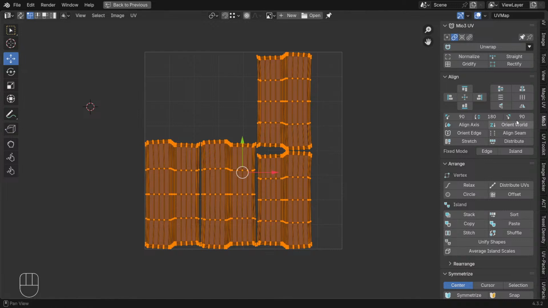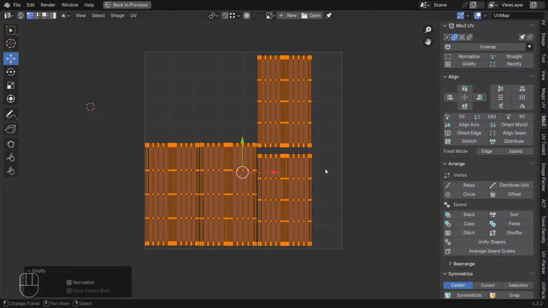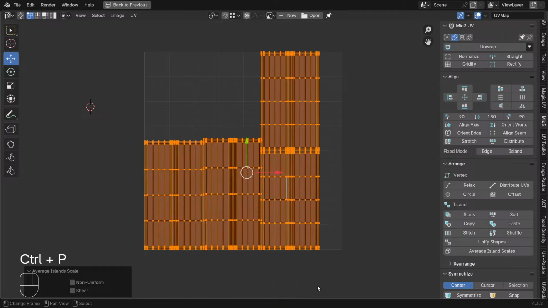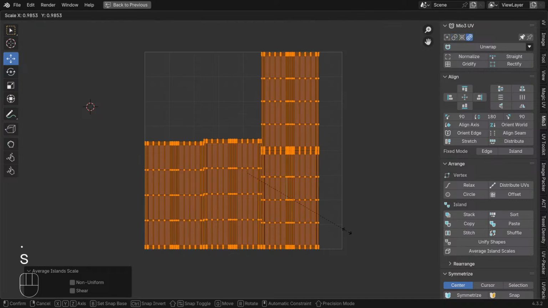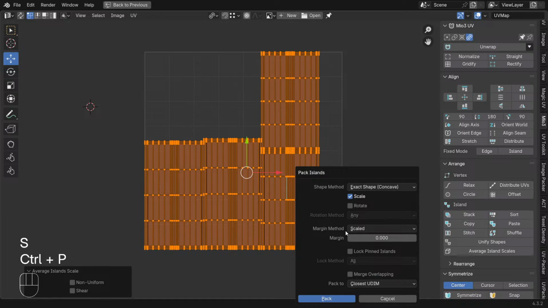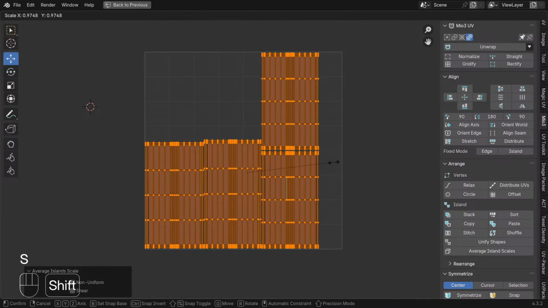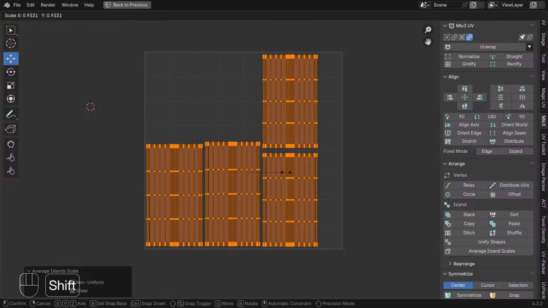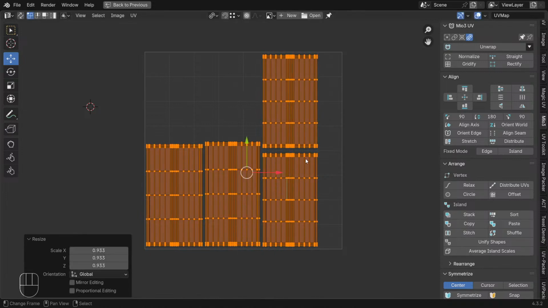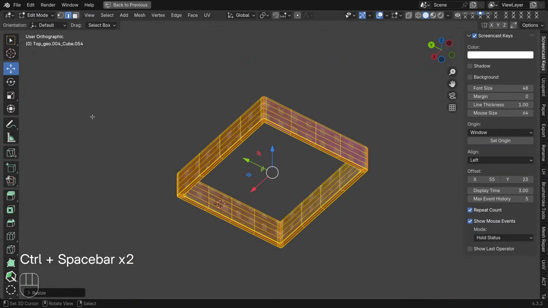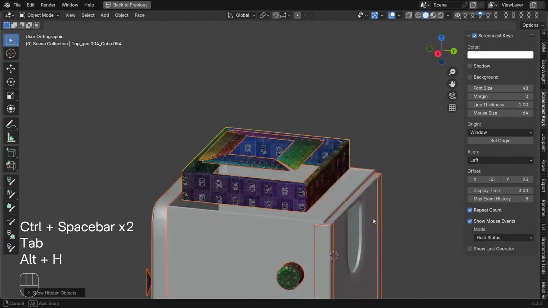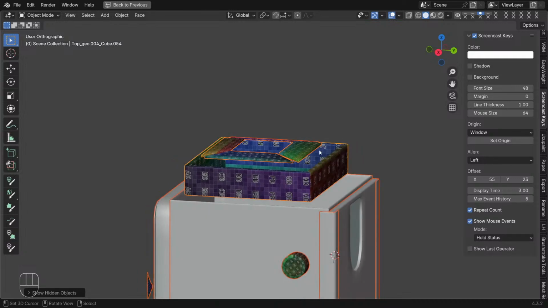Let's go for the Gridify. We have this, Control A, Control P, and then we can pack it. We can use individual origins in case you don't want to repack things. Individual origins is going to scale with individual origins in each shell. So this is actually pretty good. We have this, as you can see here. I know right now the texel density is completely different. I know that, but